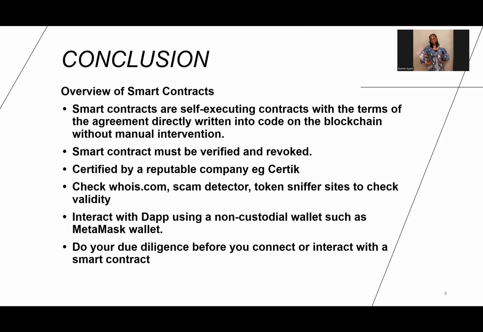Interact with the dApp using a non-custodial wallet such as MetaMask, Trust Wallet, or SafePal. For example, you cannot interact using a centralized wallet like Coinbase or Kraken.